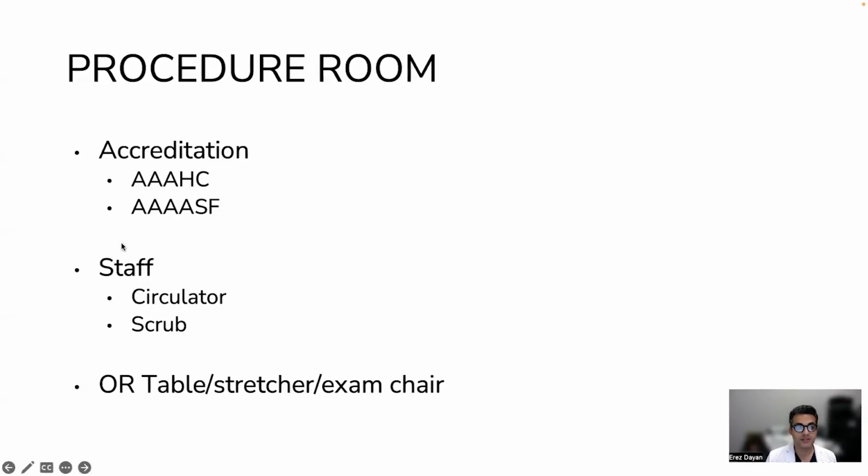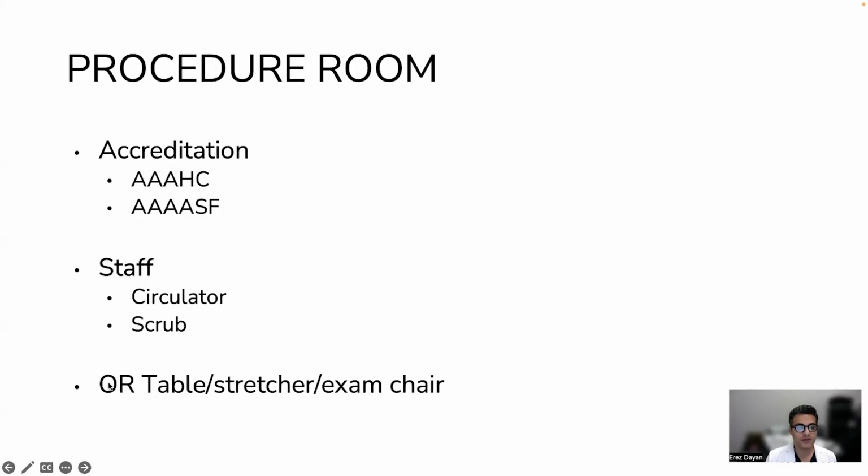Part of those guidelines include staff. What kind of staff do you need? Typically, we have a person who is a scrub, as well as a person circulating. Both of these, the scrub, depending on the state, needs to be a certified scrub. Some states that's not required; they can just have scrub experience. But you want to make sure they understand sterile technique, they understand how to sterilize instruments appropriately. And then your circulator is typically an RN, but can be, at least in Nevada, anybody that has BLS, basic life support,